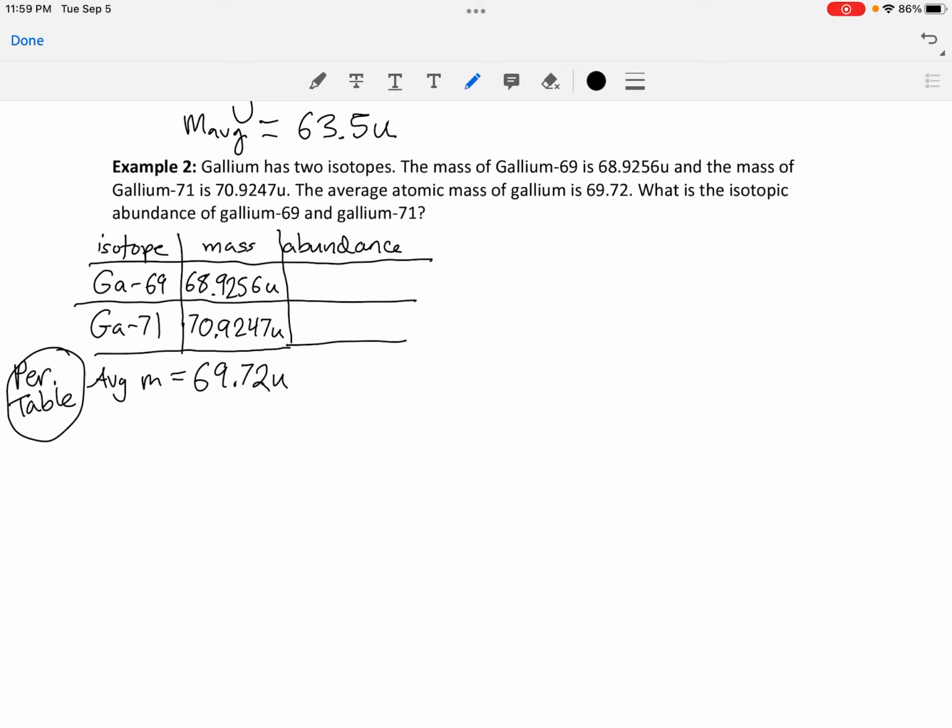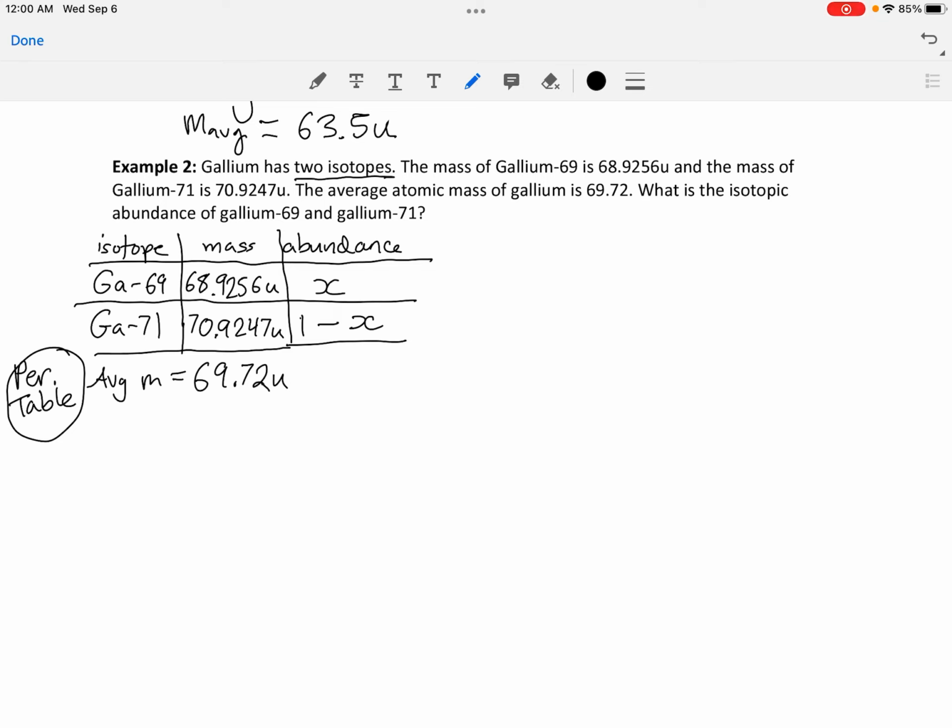Well, whenever you're solving for something, it's good to give it a name. So let's call the isotopic abundance of gallium-69 X. And then because we know that gallium happens to have only 2 isotopes, then we know that the abundance of gallium-71 has to be the rest, right? So if X was, say, 0.3 or 30%, then gallium-71 would have an abundance of 0.7 or 70%. In other words, the abundance of gallium-71 is going to be 1 minus X, or 100% minus the abundance in